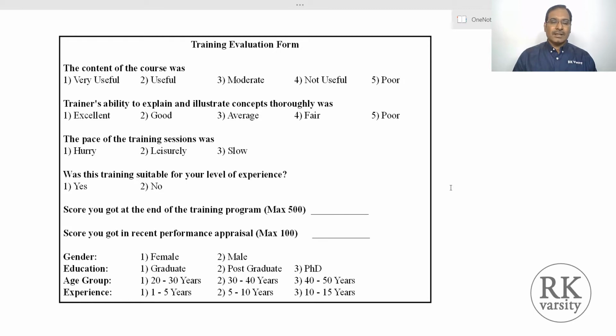Next question is how to administer this questionnaire, whether to go online or through print. Now one of the senior executives in the HR team said that it is better to go for a print form because it is easy to administer, because all the employees are in-house only. So you can go and distribute the questionnaire and collect the data. That is one. And the response rate will be very high. And the third one is it takes less time.